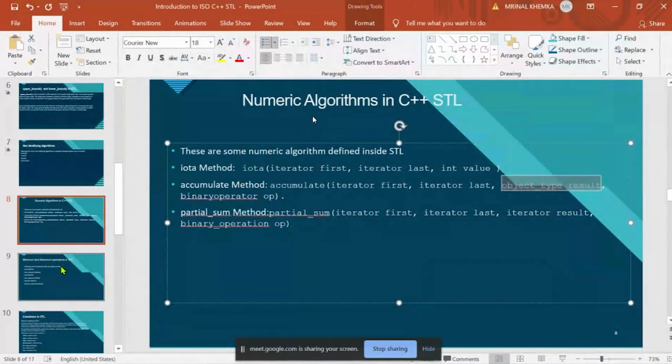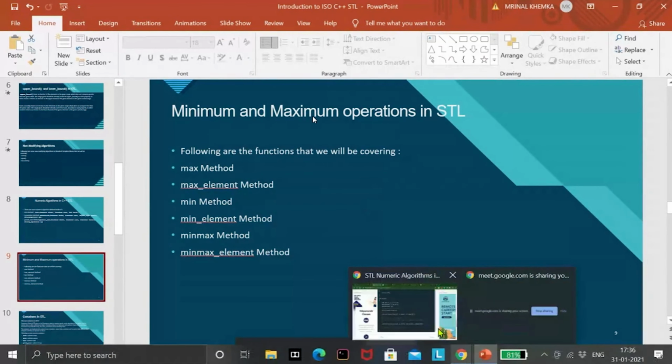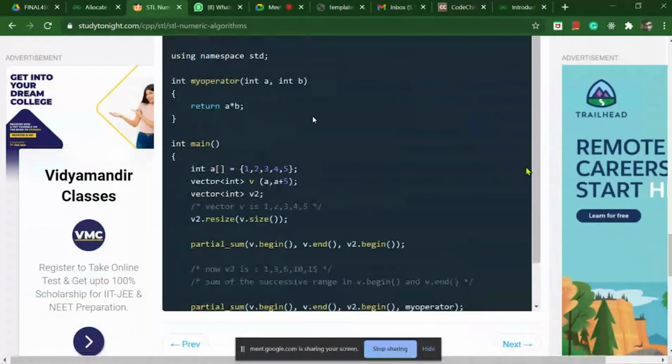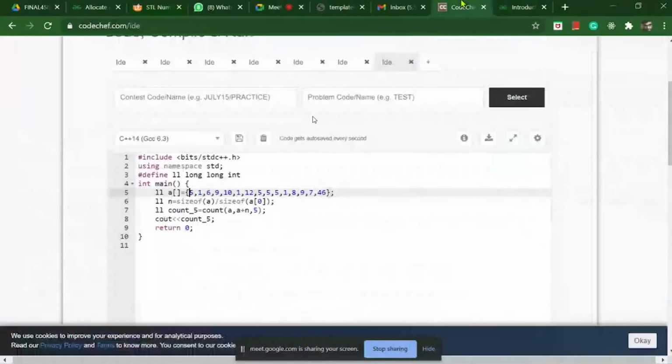Now let's see min max operations in STL. Following are the functions that we will be covering. The max method basically returns the maximum value from the two values that we compare.